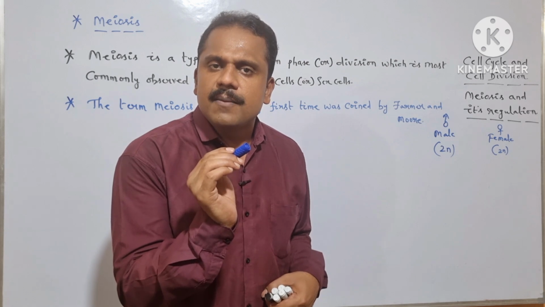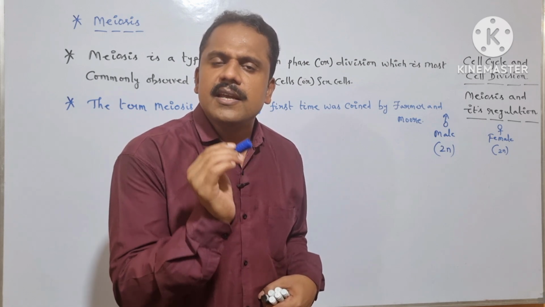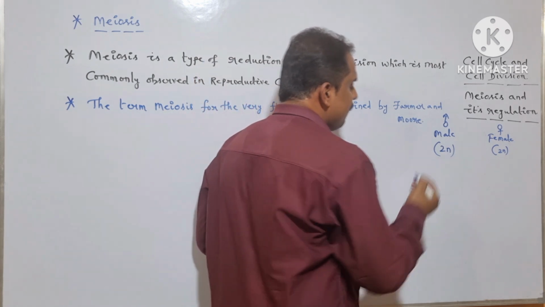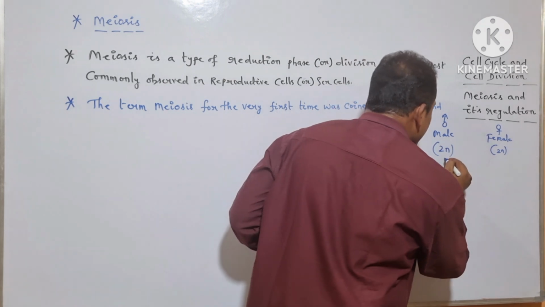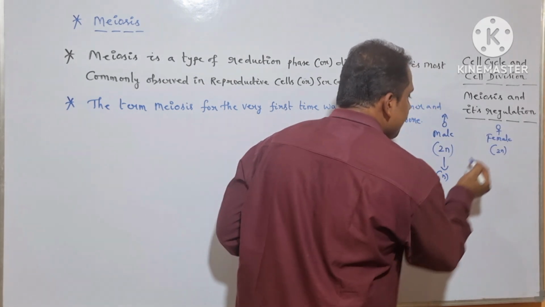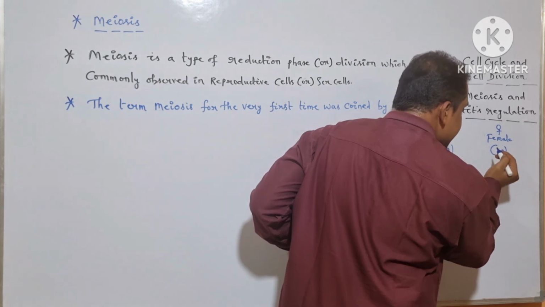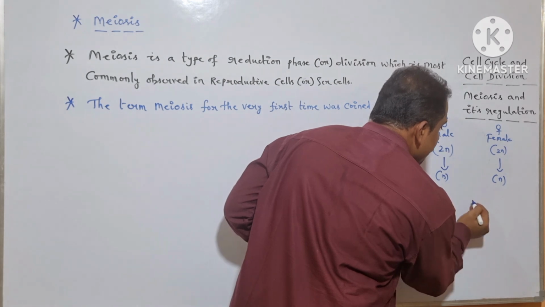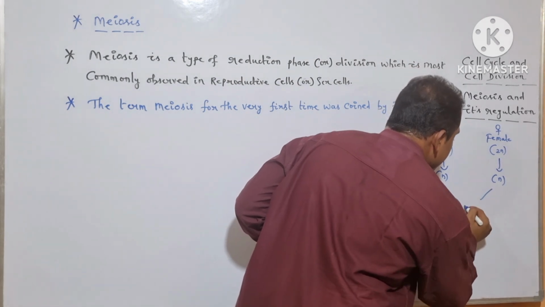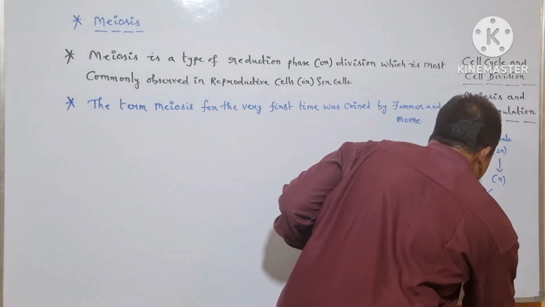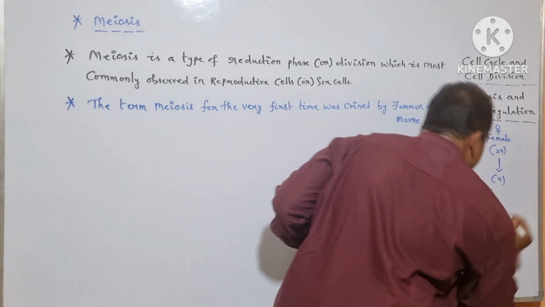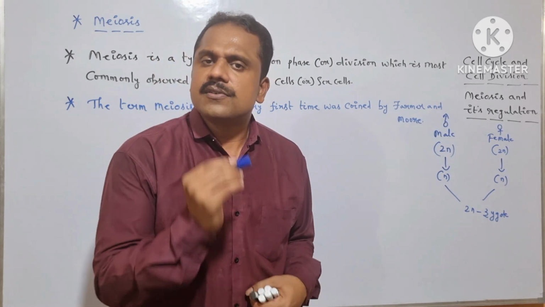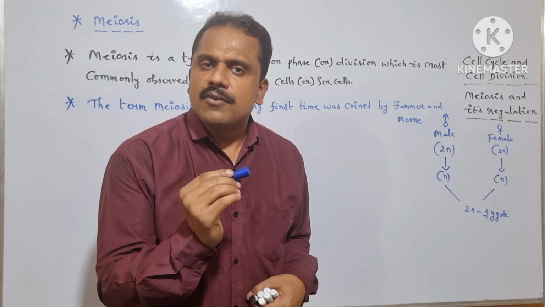So in order to produce a diploid cell, the chromosomal number has to undergo reduction. When the 2n condition from the male undergoes reduction exactly to half, 2n becomes n. In the same way, when the 2n from the female undergoes reduction to half, 2n becomes n. Once both haploid gametes undergo fusion, it leads to a 2n product termed zygote. The zygote then undergoes repeated mitotic divisions to give rise to a young organism.